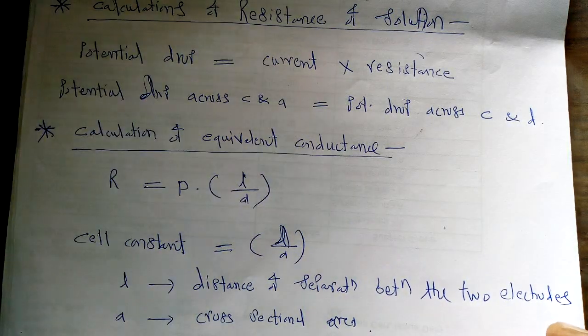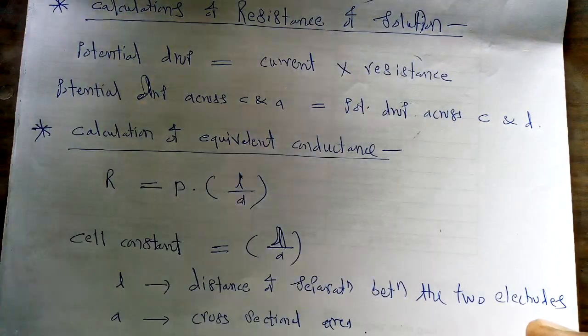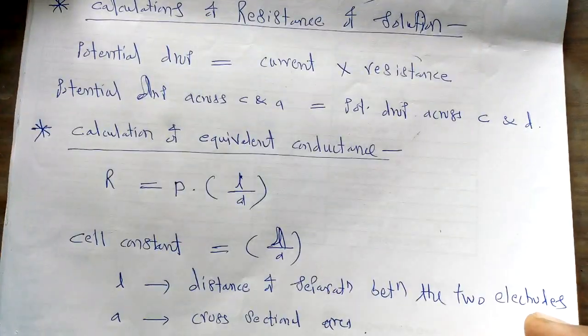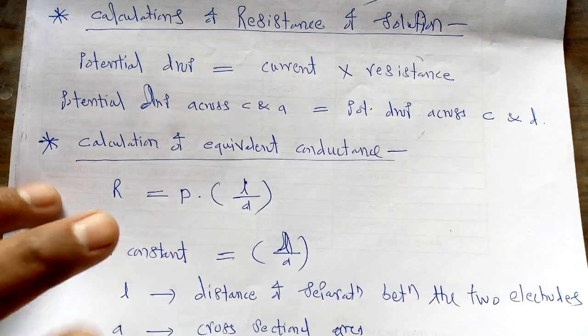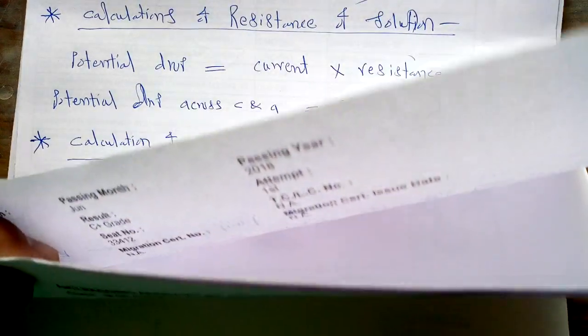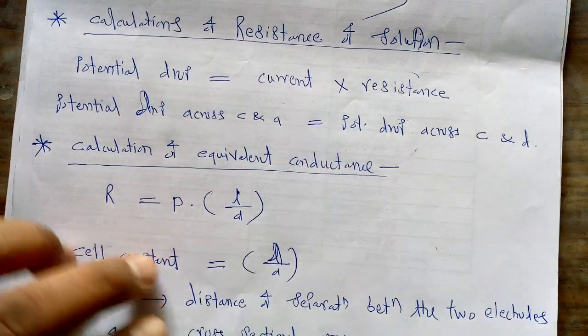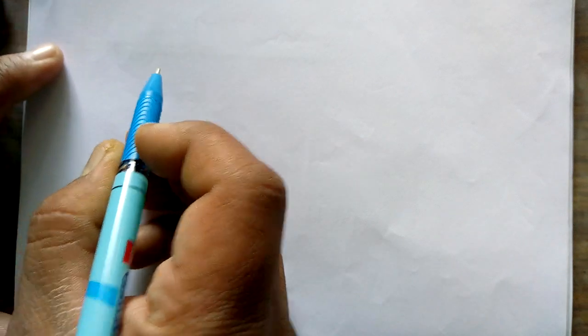During such measurements, our electrodes may get spoiled or damaged. So to avoid this, another, indirect method is used for the determination of the cell constant of a particular cell. That other method is simple. In order to determine the cell constant, we have to take into consideration the resistance of a solution.